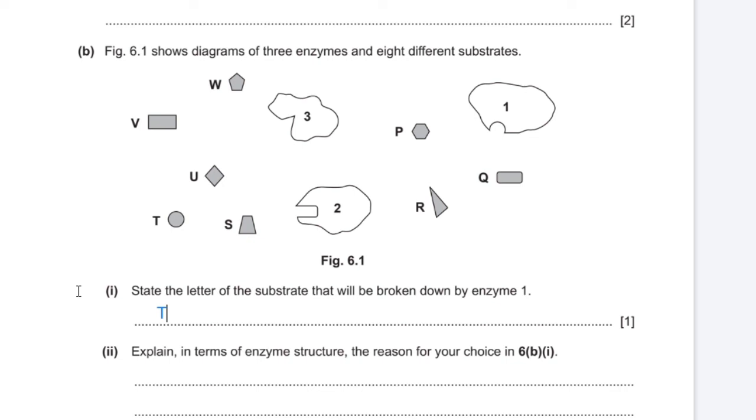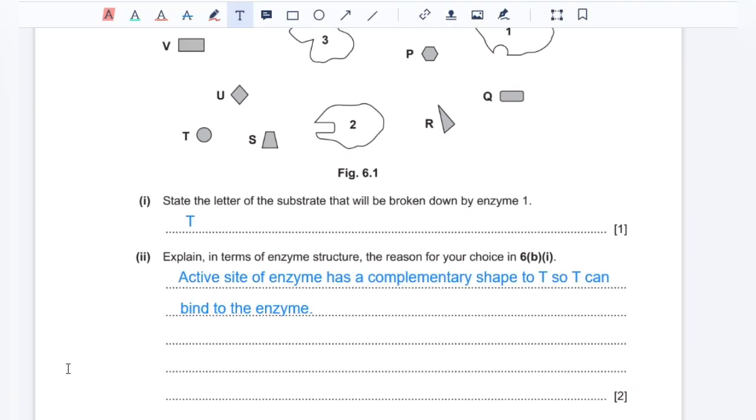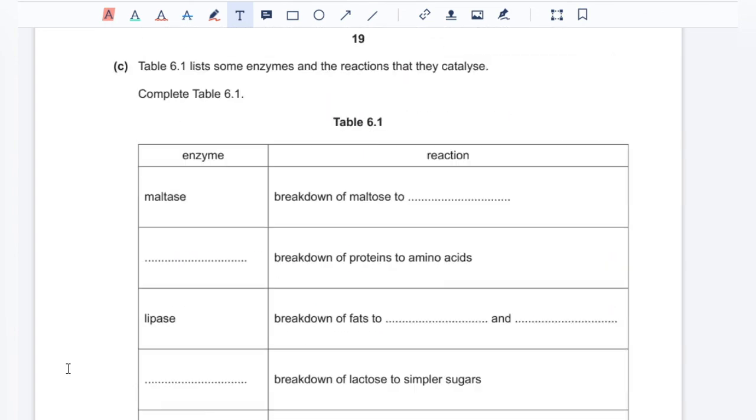2. Explain in terms of enzyme structure the reason for your choice in 6b part 1. So T has to be able to bind to the active site on the enzyme, which means the active site of the enzyme has a complementary shape to T. C. Table 6.1 lists some enzymes and the reactions that they catalyze. Complete table 6.1. So the maltase enzyme catalyzes the breakdown of maltose to glucose,